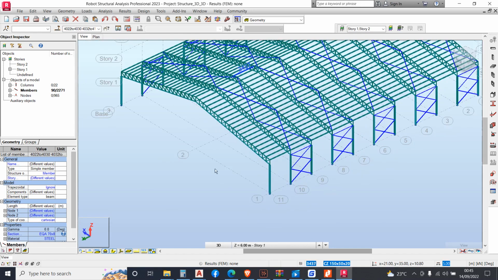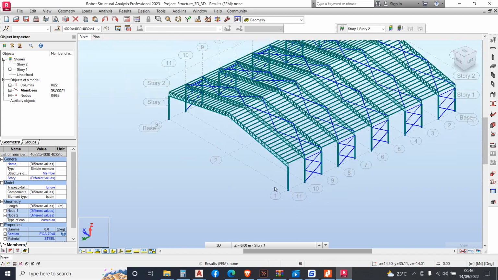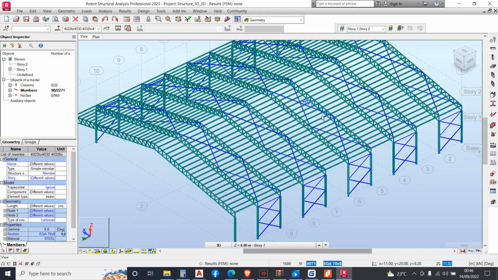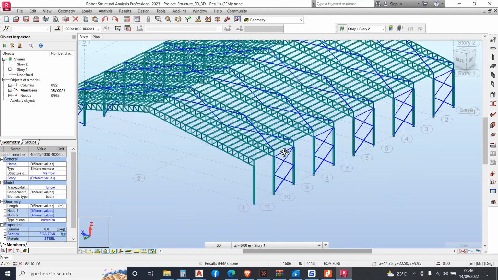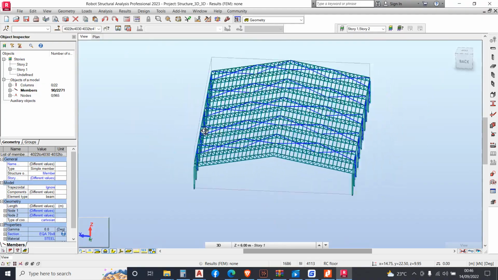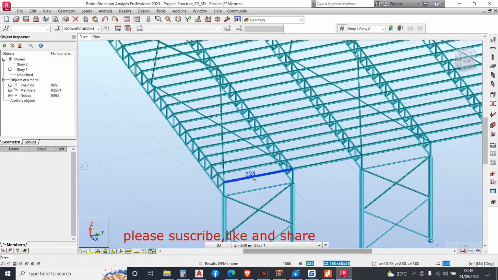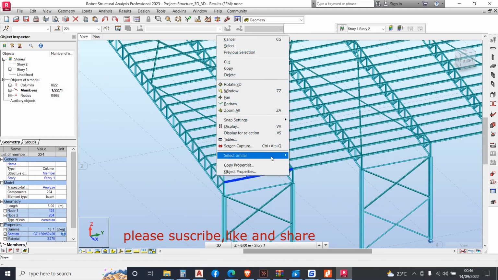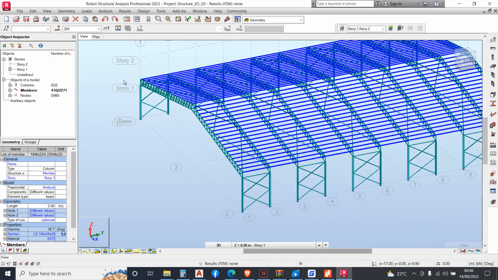So the next thing we can do is we can add claddings to this structure. We'll select our polylines,